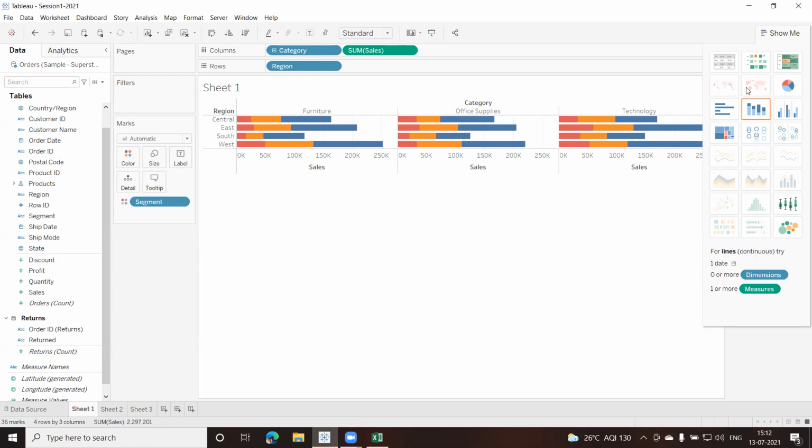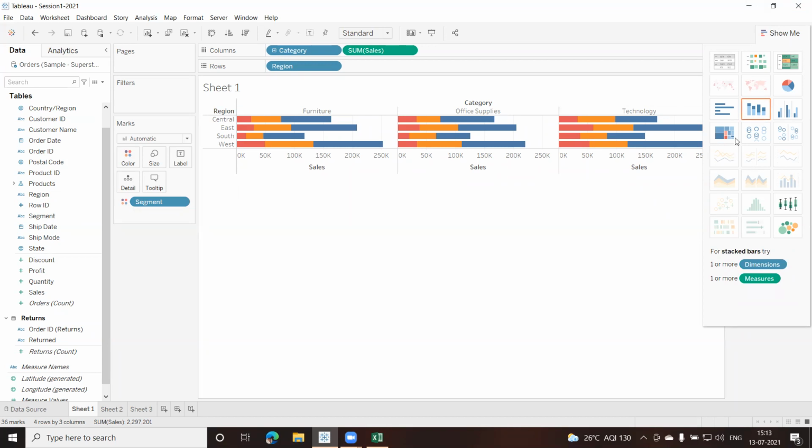But which one to select depends on what you want to show the user, or what you want to predict, or what you want to highlight. Clear? So chart selection is another skill. You require a skill to select a type of chart. Basically, Tableau does help you by giving you options under this Show Me option here.